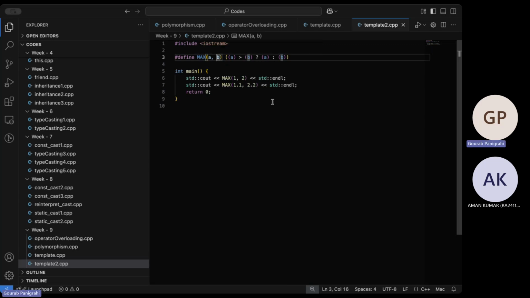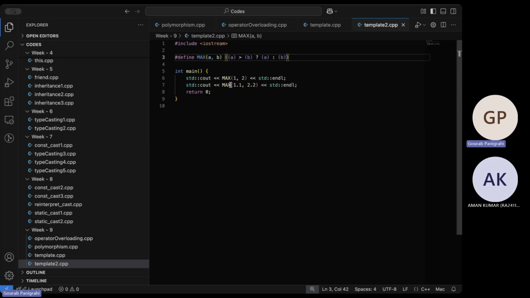They are simply preprocessors, as in if there is a text A and there is a text B, and here the text is 1.1 and 2.2, it will simply put it in these places, okay? And whatever is inside the yellow brackets, it will just paste it here.